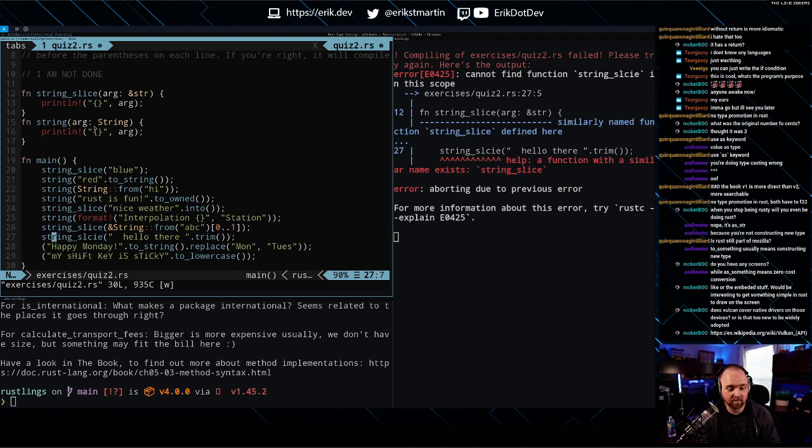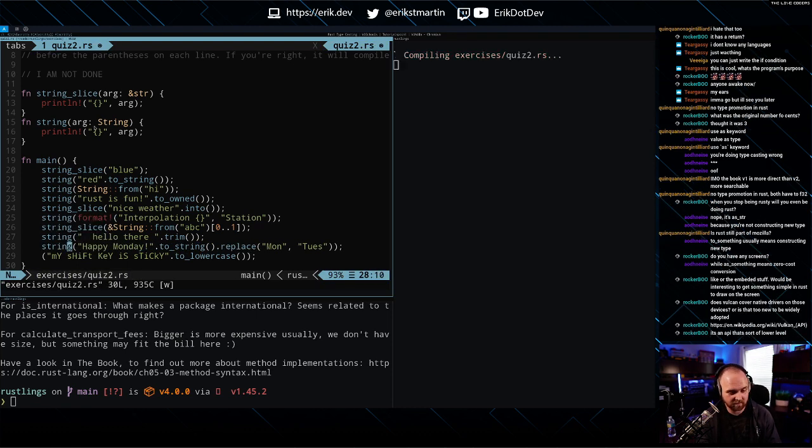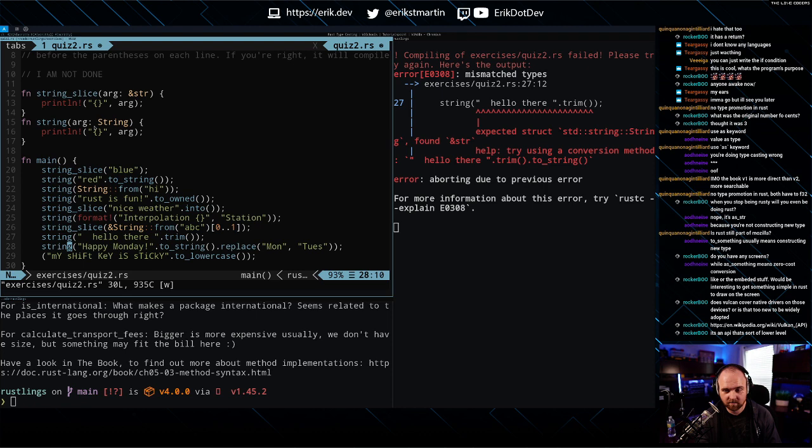No. Okay, that returns back a string struct. Okay, so this is an str. Gets converted to a string. We run a replacement, so I'm going to say that it is a string. Huh.